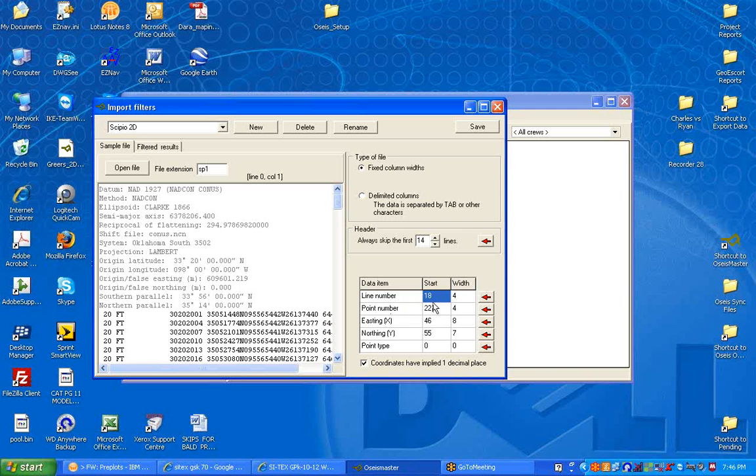First, the line number for the whole. We're going to highlight 43020. On all SP1 files I've ever seen, it's been the first 4 here. We click this arrow and it says 18.4. Now I'm going to select these 4 numbers, which we know is the point number, and then I'll click the